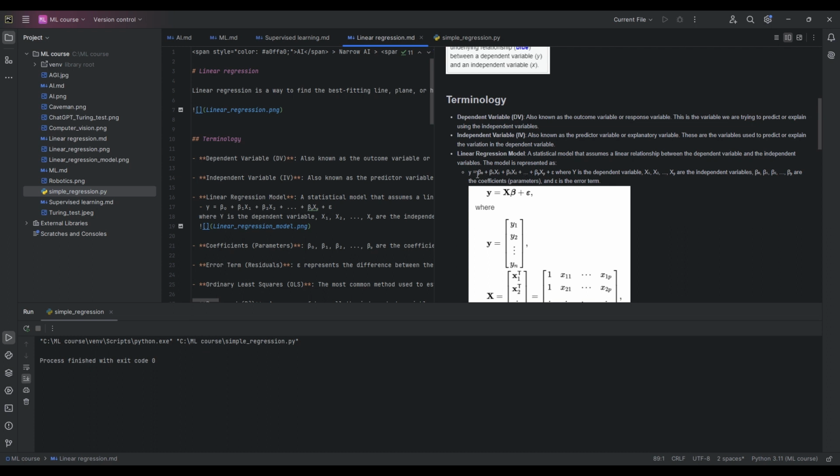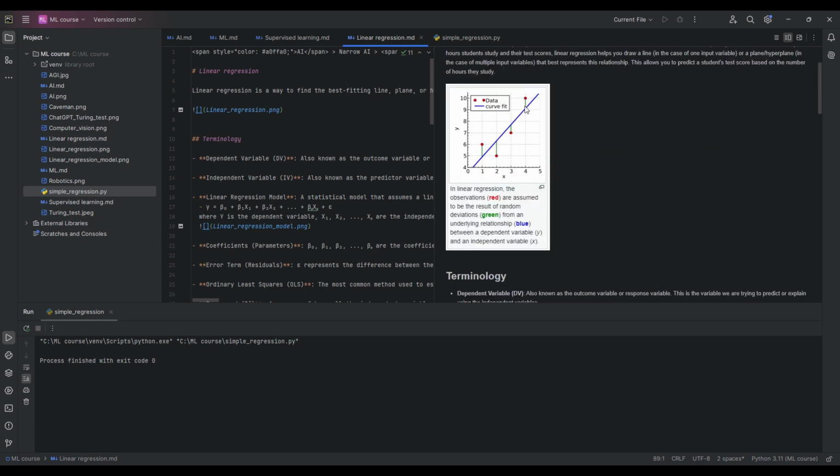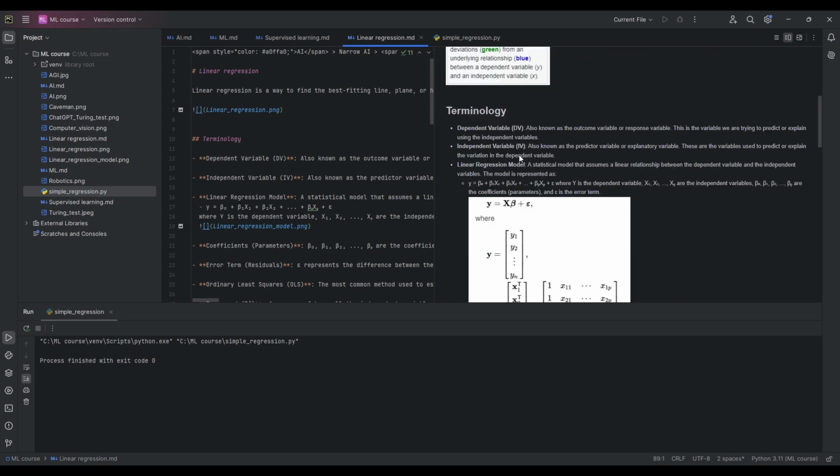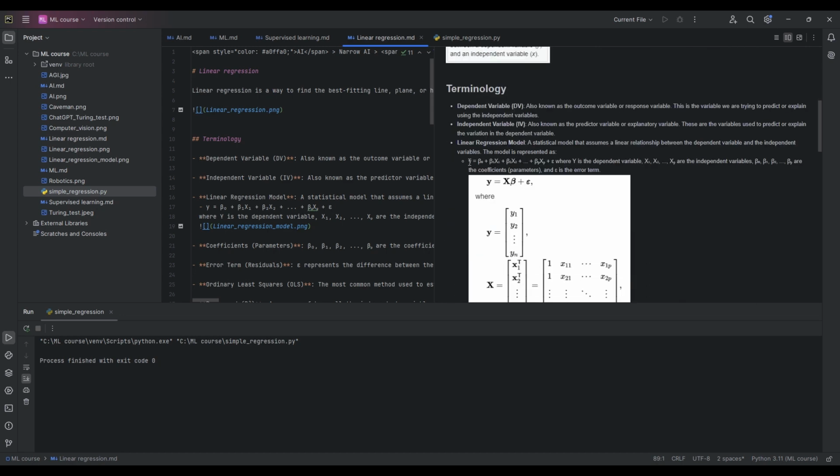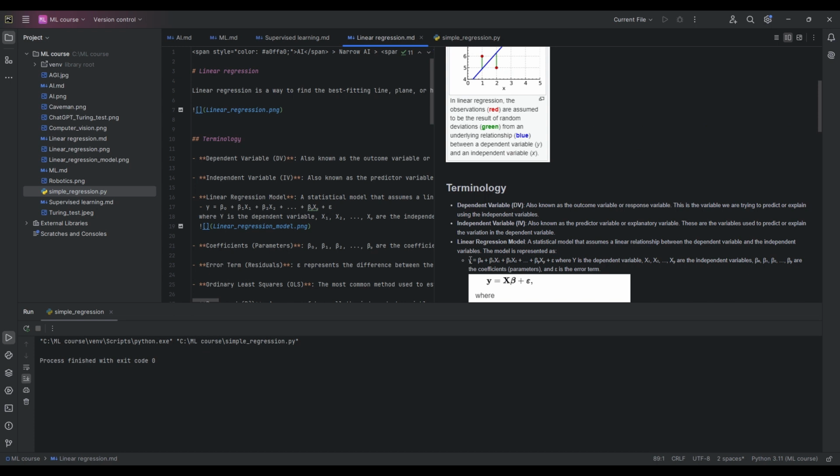And just one thing that I didn't mention here, about these green lines. So we saw that the blue line is impossible to go through all the red dots, but the purpose of the blue line is to represent all these red dots, because that's the model. So to make this equation correct, we are adding this epsilon here, which is representing the error. So basically, what this equation is saying is that each y is basically